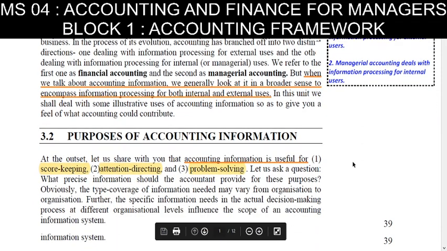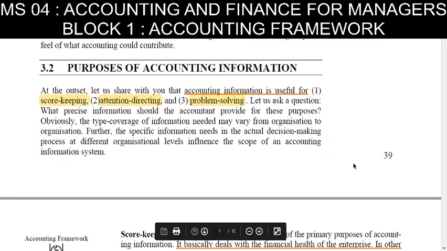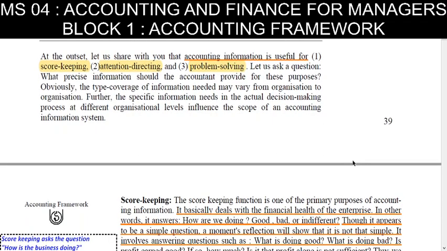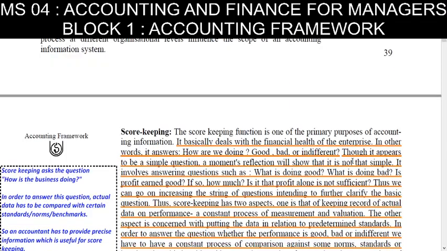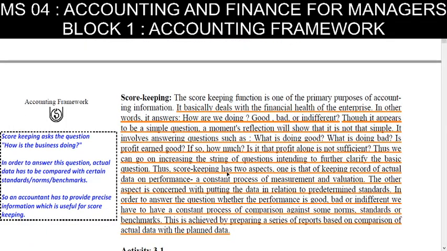Let us see the purposes of accounting information. There are three main usefulness of accounting information. They are scorekeeping, attention directing, and problem solving. What is meant by scorekeeping usefulness of accounting information? Scorekeeping means